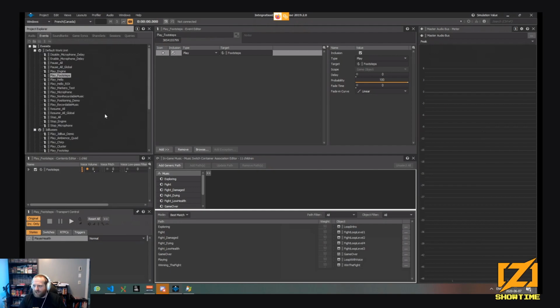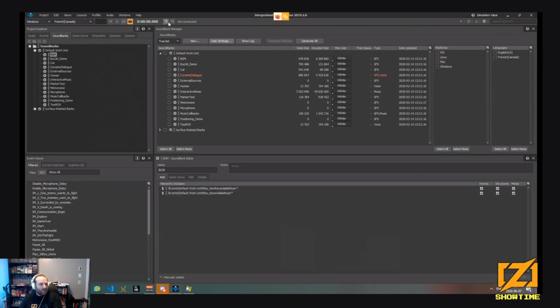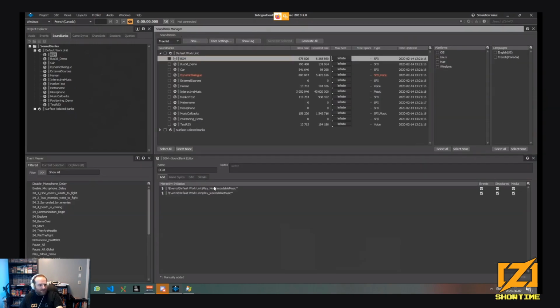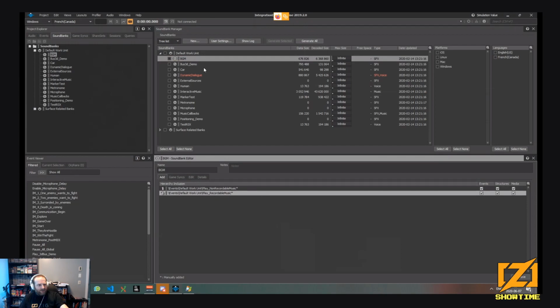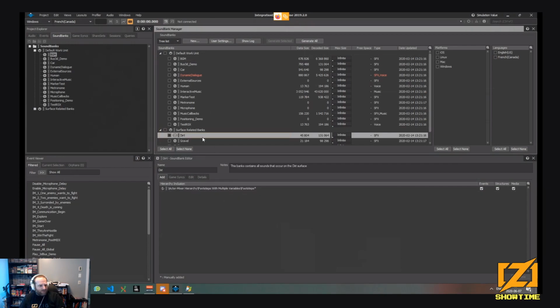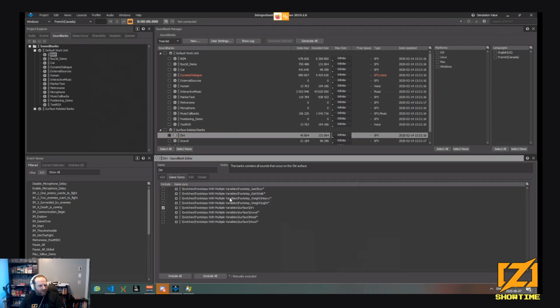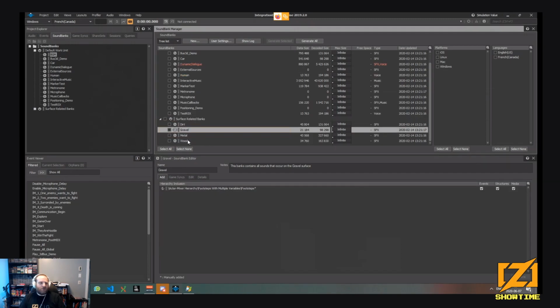So in the game, you just post an event and load some banks, and in some banks that's where you specify, okay, for the BGM, I want this hierarchy included. For the surface, I want the footstep, but only the dirt surfaces, and so on.